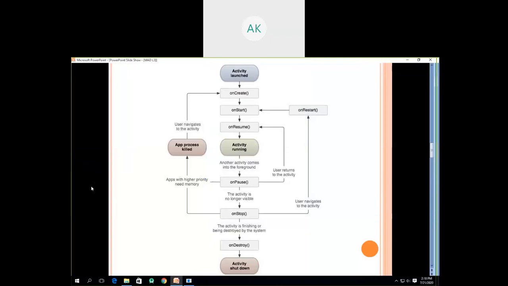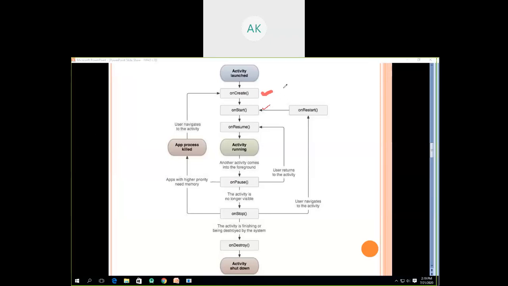Once we launch an activity, the very first method that gets called is onCreate. After the onCreate method, the activity goes into onStart.